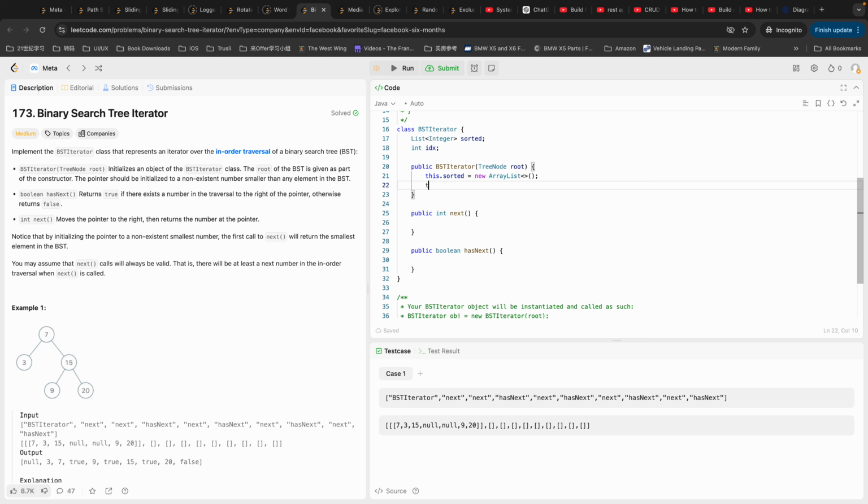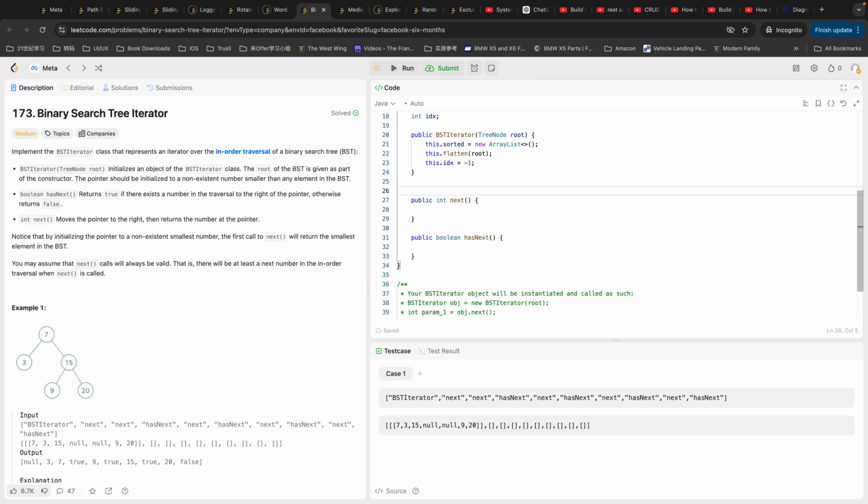Okay, so this dot root, we can call a function called flatten root. We're gonna flatten this tree to an array and put it into an ArrayList. Okay, an index will be initialized to a non-existent number, less than 0. So I will set it to -1. Okay, so now I just have to write down the function